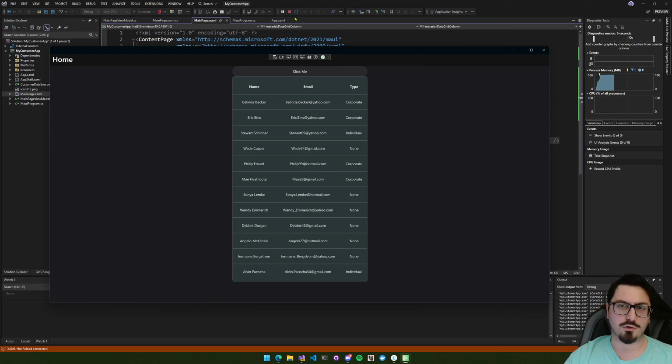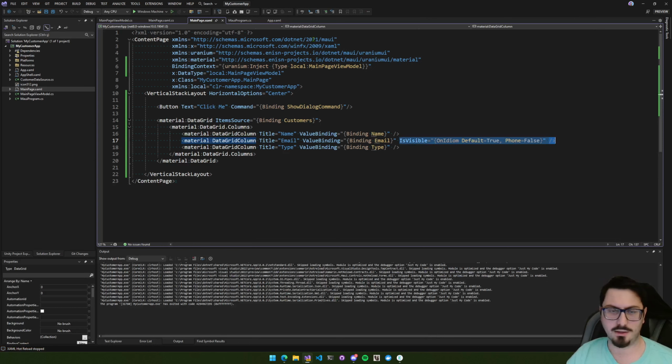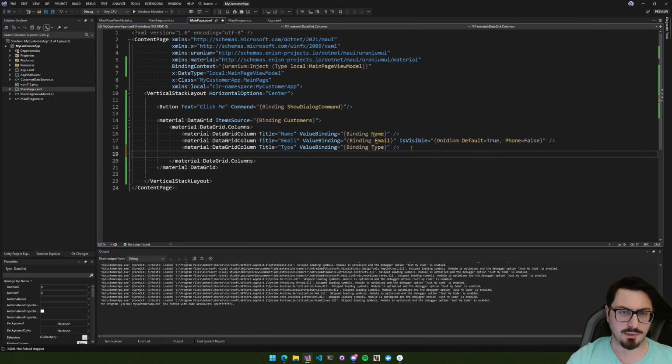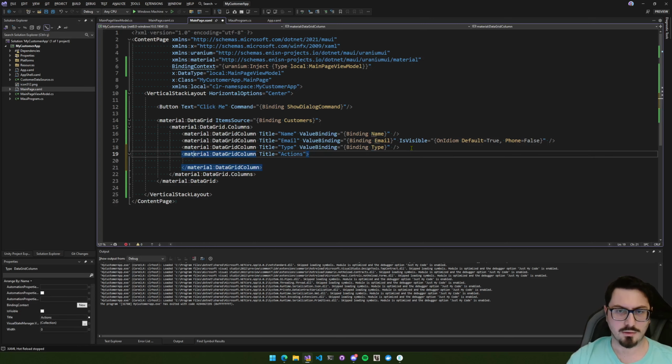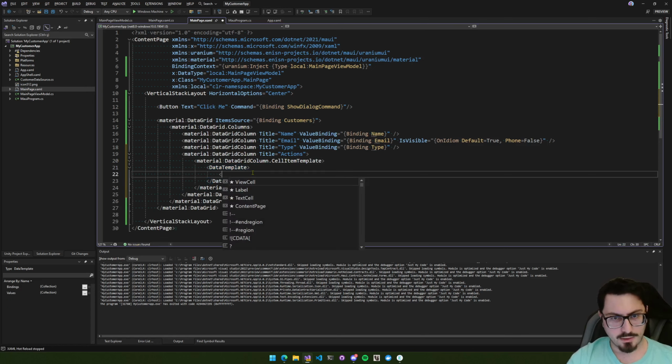Let's start using dialogs. I want to add a delete button at the end of line here. So I want to use a dialog that confirms with the user, are you sure about deleting this line? I'll add another column here. Let's say material data grid column, not phone. I will pass title maybe actions, and I will pass a custom template. Let's say cell template. Since it is a template, I'll use data template here, and I will add a horizontal stack layout